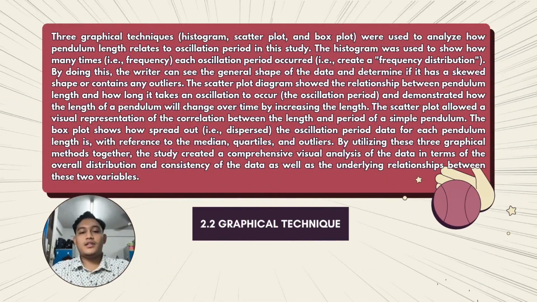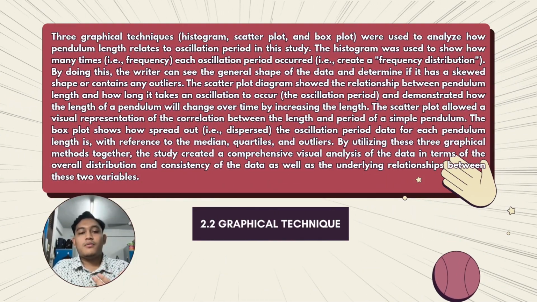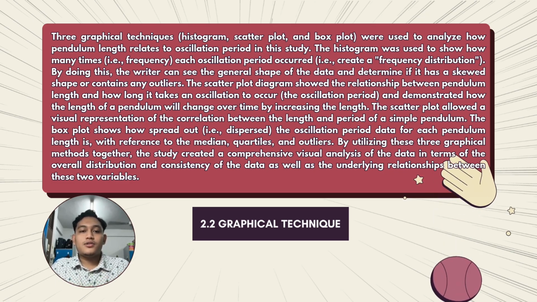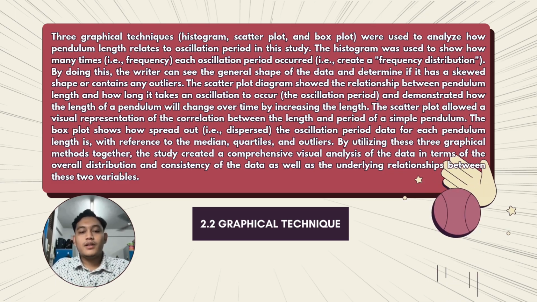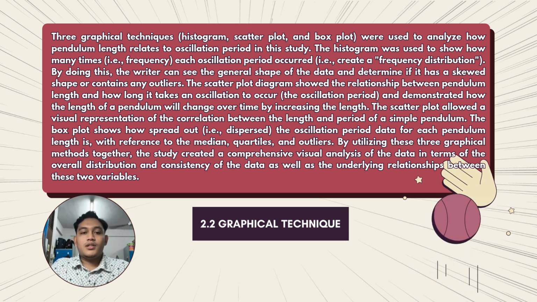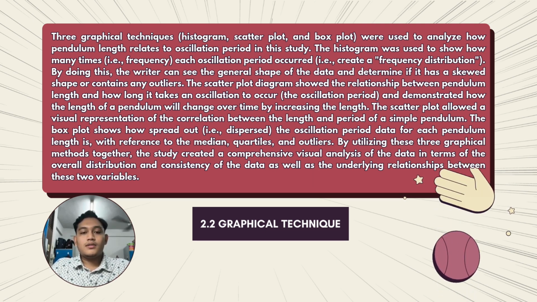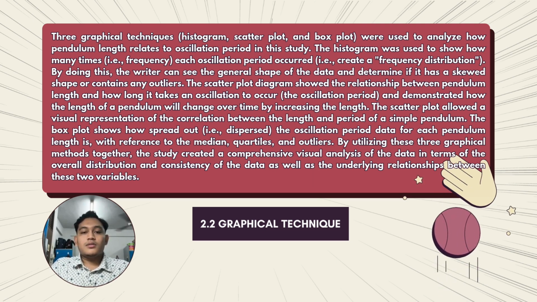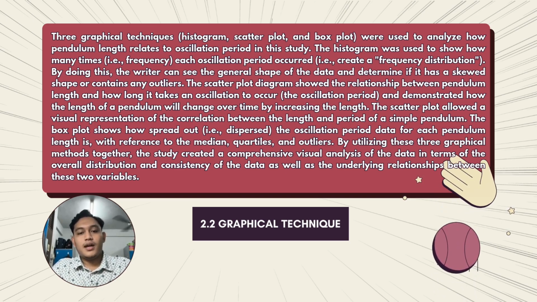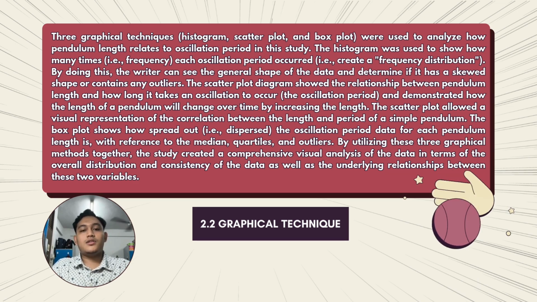Three graphical techniques, which are histogram, scatter plot, and box plot, were used to analyze how pendulum length relates to oscillation period in this study. The histogram was used to show how many times each oscillation period occurs. By doing this, the writer can see the general shape of the data and determine if it has a skewed shape